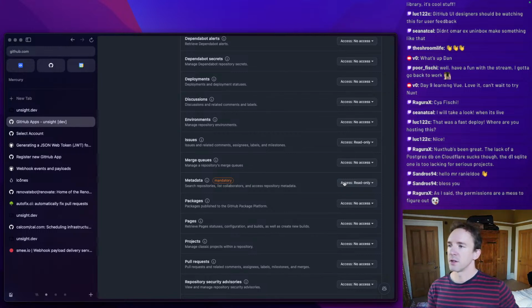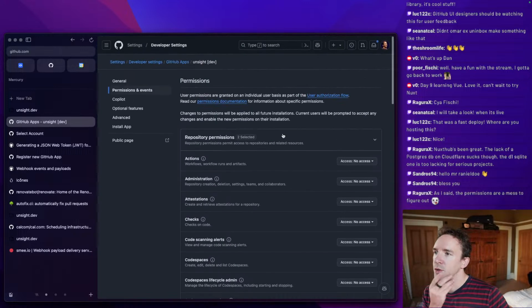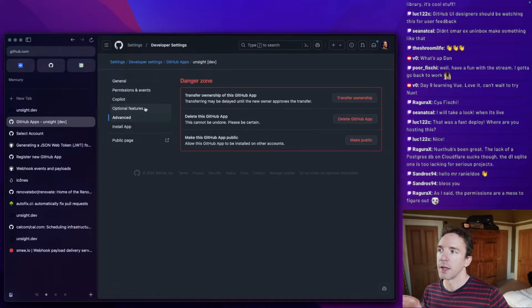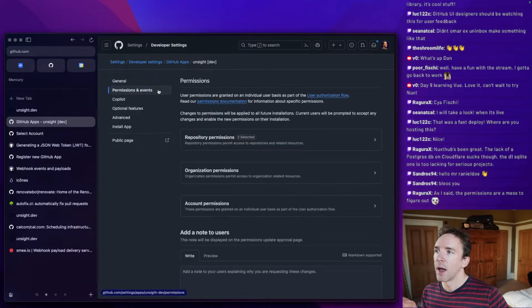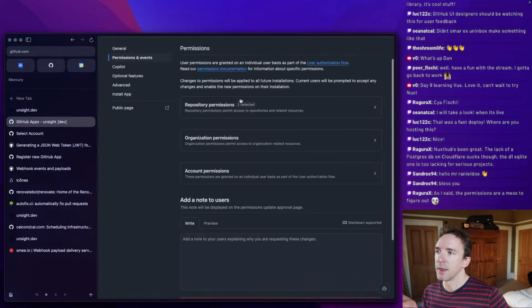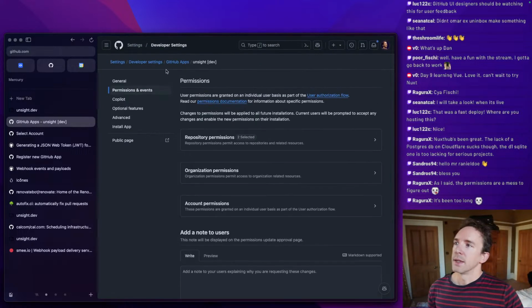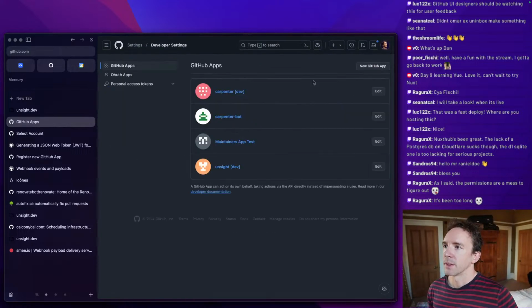So I don't know if I just need to create a new app fully. Yeah, Rogara, do you know the answer to this? As in, should I have created this differently? Because I fully expect that it should let me select events. I think I'm going to have to delete this app and create a new one because I need to have